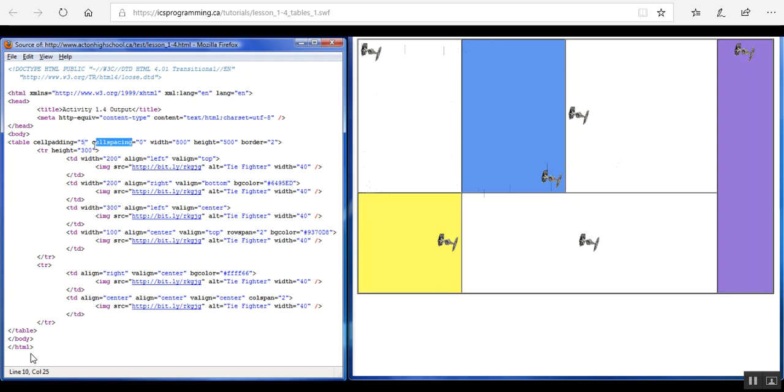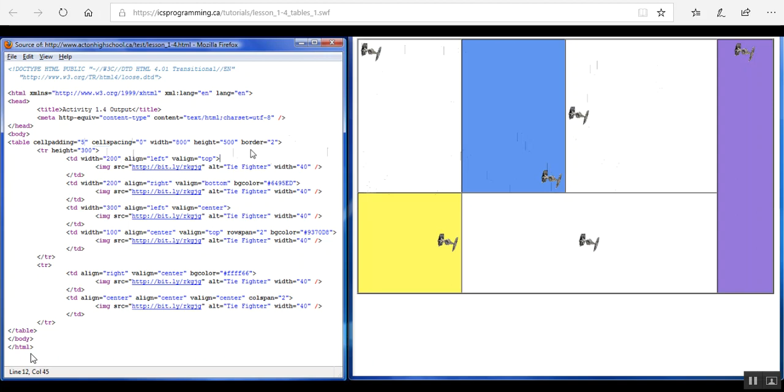Cell spacing sets the spacing between each cell. It's typically set to 0. Typically you won't put anything else besides 0. The default is 0 if you don't include it, but you can play around with that. I would urge that you copy this document into a test HTML page and actually try manipulating the table and changing the sizes and the background colors,